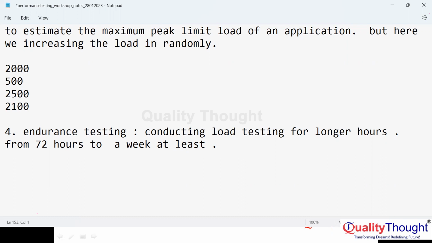In real time, will you be able to stop ICICI Bank after 8 hours? Here we have 8 hours from 9 to 6. But if you are an NRI, you can consume your ICICI Bank services, right? After 8 hours also, it should be active. So that's the reason we conduct long hours, lengthy performance testing with the 1000 users only. So the target of this is